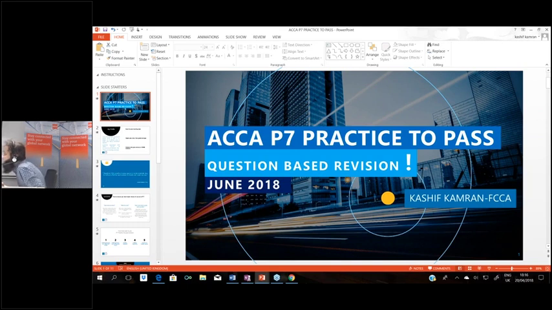Wait for that. Janet is asking, what can we expect the main current issue to focus on? Janet, you are not worried about current issues, because whenever there is a current issue, the examiner does write an article on it. And when an article is published, then only the current issue becomes important, right? So just wait for it. So far, the examiner has not written any article for June exams pertaining to current issues.